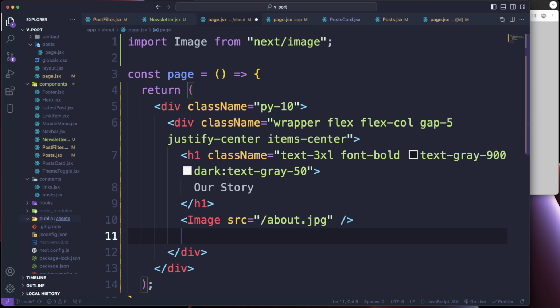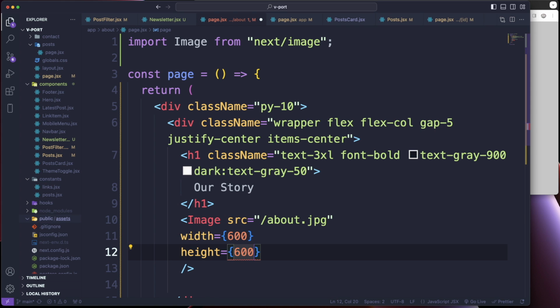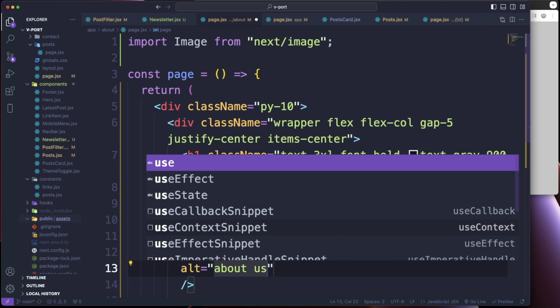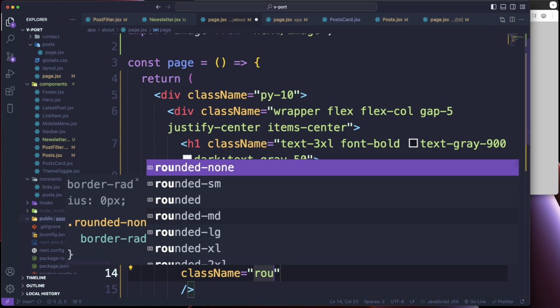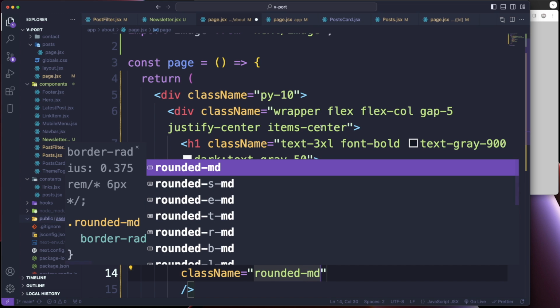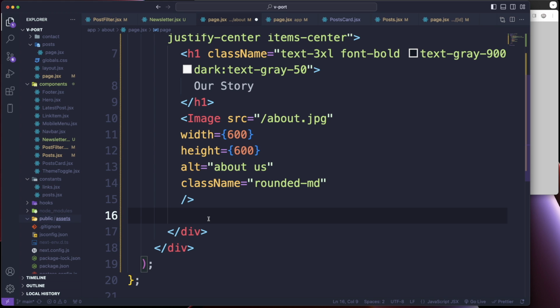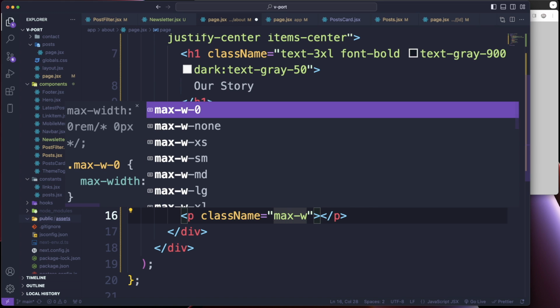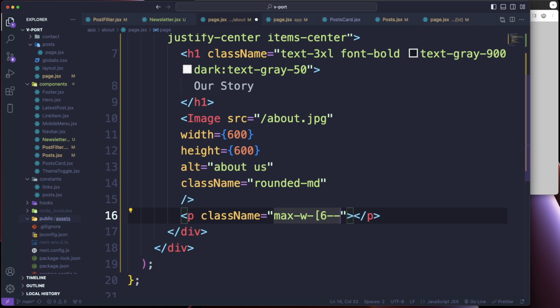We're gonna download it here in a second, but I'm just gonna go ahead and finish everything. Width is going to be 600. The height is going to be 600, and the alt is going to be about us, and the class name we're going to do a rounded md. Okay, so right underneath this image, we have a p tag, and this is just going to have a class name of max width 600 pixels,